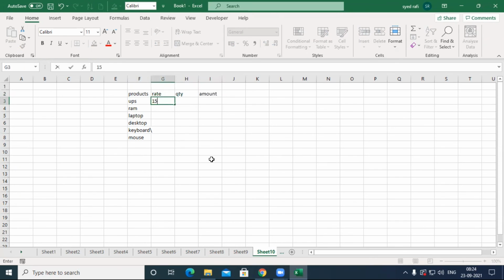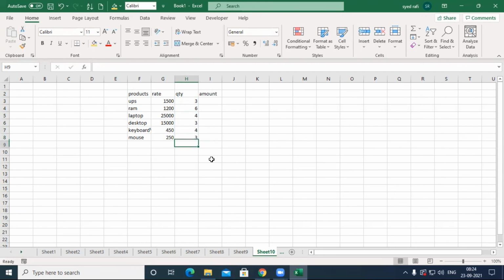The rate is 1500, RAM is 1200, and 25,000 and 15,000, 450 and 250, like this. I have given some quantities like this.